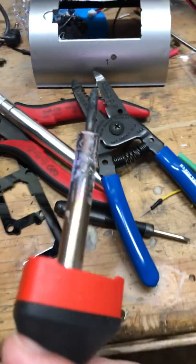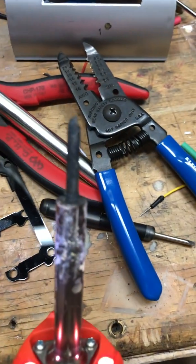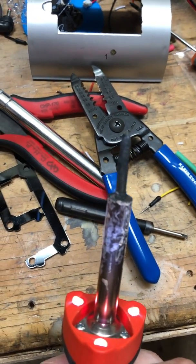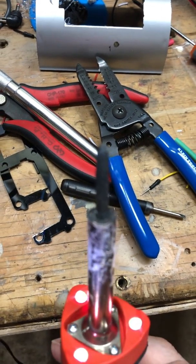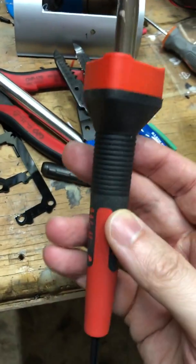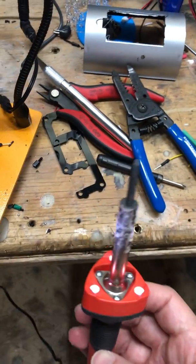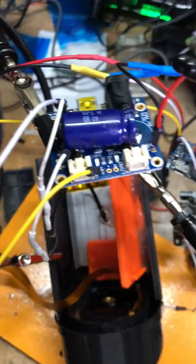The other thing I do, I don't know if this is correct or not, but I often find myself using this wire cutting tool to shake some of the blackness off of the tip here to make the soldering iron hotter, because this is, I don't know, some pretty crappy soldering iron that I have to constantly try and work with to get it to heat up more, because if it's not hot enough, it won't melt the solder right away, and then you'll end up with a really crappy solder job like what I have here